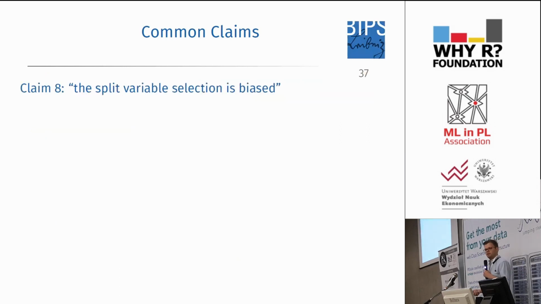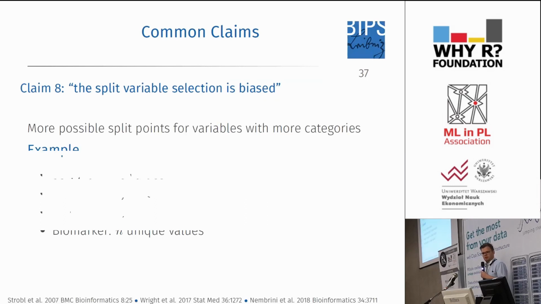Claim number 8 is the split variable selection is biased. An example of that, or just as an explanation: if you have more splitting points, then this variable will be preferred just by chance. So as an example,